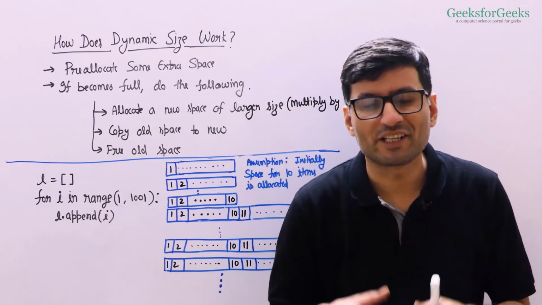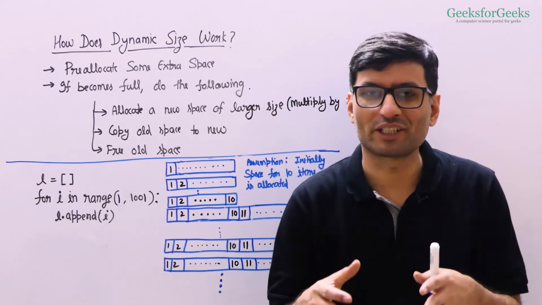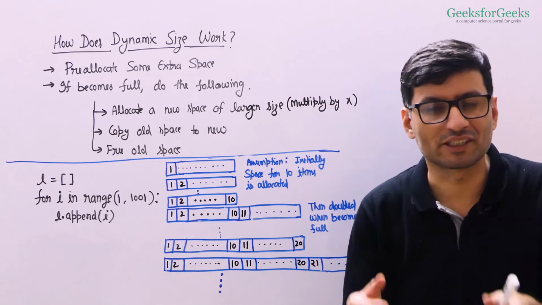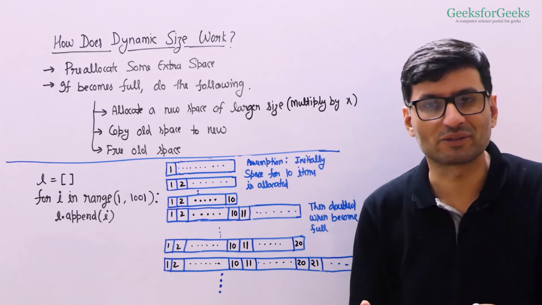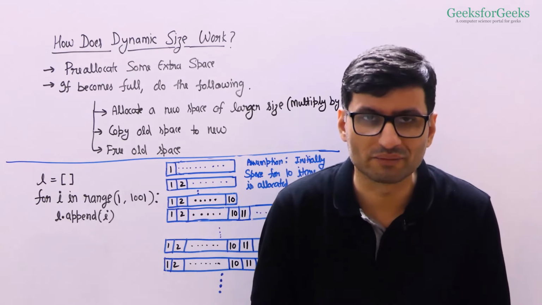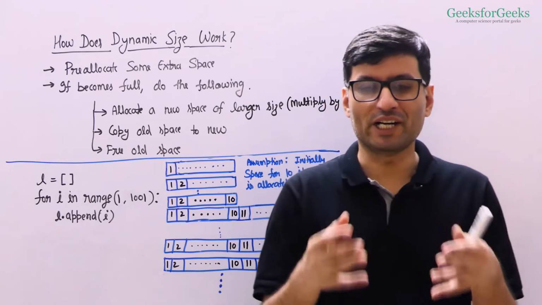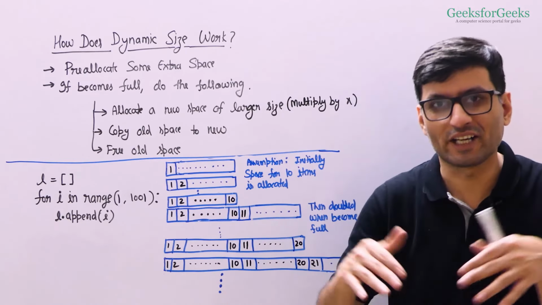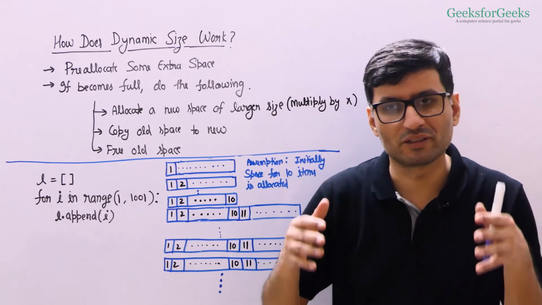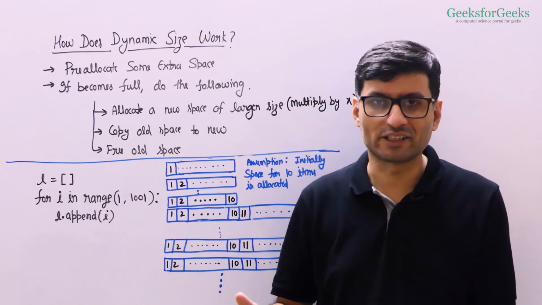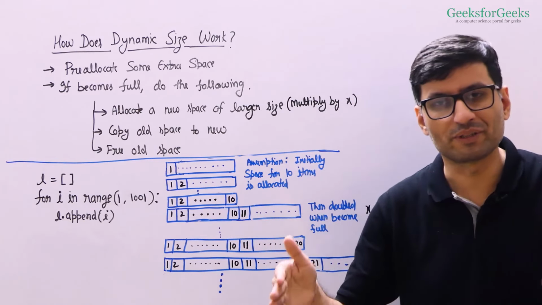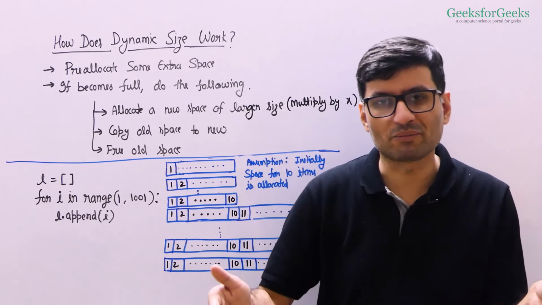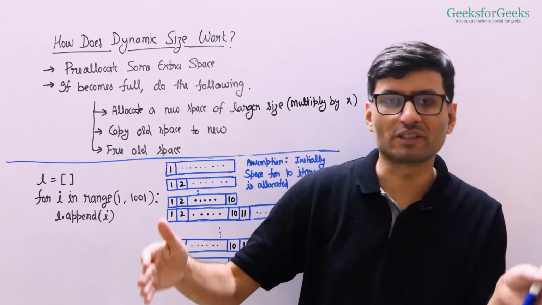Let us now understand how the dynamic size works in the case of a list. It's a general concept. It's there in C++, it's there in Java. In C++ we have vectors which dynamically grow when you add more items. In Java, we have ArrayList. If you add more items, ArrayLists automatically grow the underlying array size, right? Same thing happens with Python. There is an underlying array data structure, which is a contiguous block of memory, which stores the references of items. When your list becomes full, this underlying block of memory is replaced with a larger block.